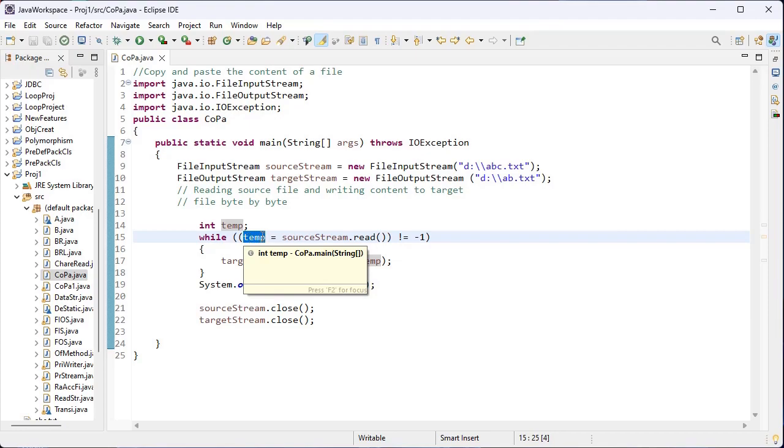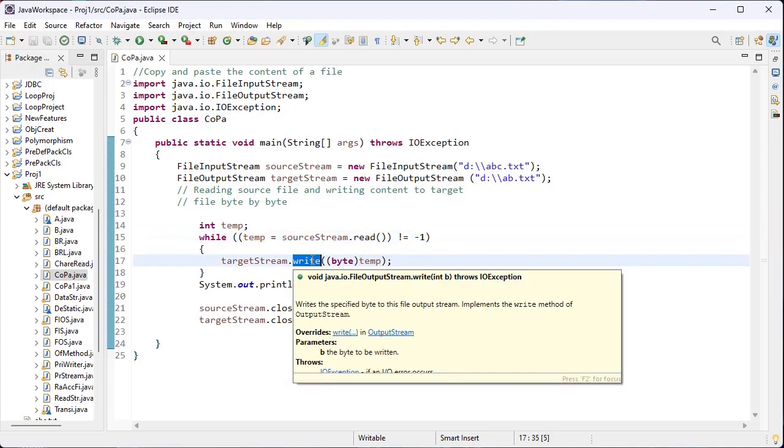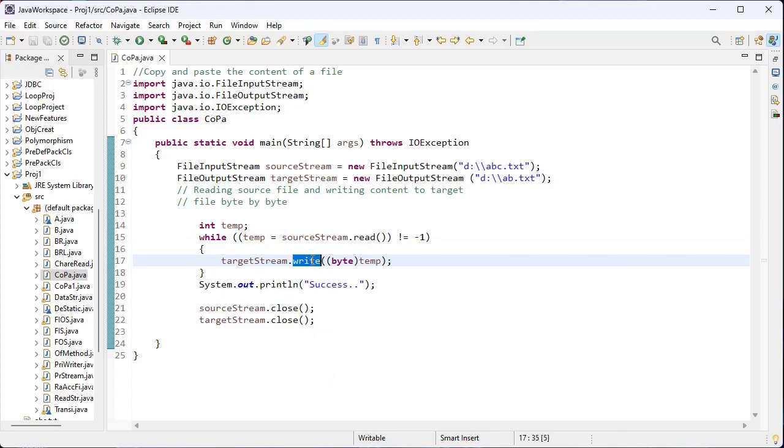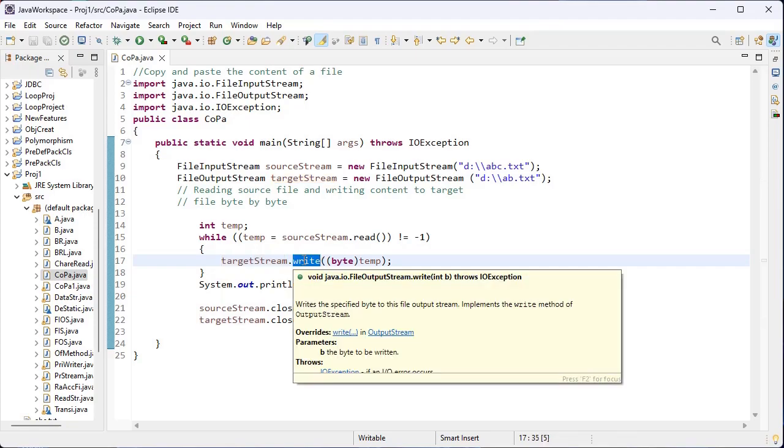And if the value is not equal to -1, that is, not equal to the end of the file only, the control comes inside the while loop. And here I have used the inbuilt write method which is present inside the file output stream. That's why I have used the object for this file output stream, target stream here. And this write method is used to write the